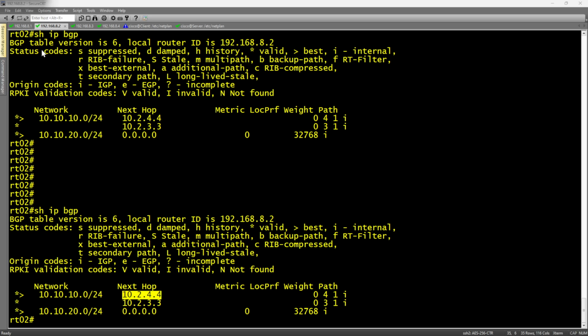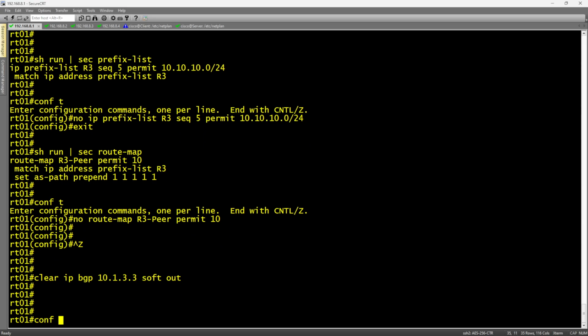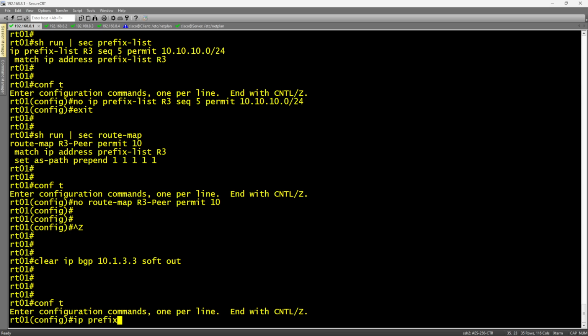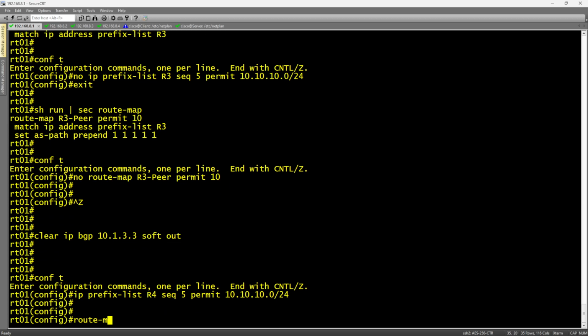So if we want to do something like this with router 4, it would look like this. First, on router 1 side, we need to set the community, advertise that, and then on router 4, we need to take action on that community. So it's very similar to what we just did before. We're going to make our prefix list. So IP prefix list this time will be router 4, sequence 5, permit 10.10.10.0/24. And then we're going to configure our route map of router 4 peer,